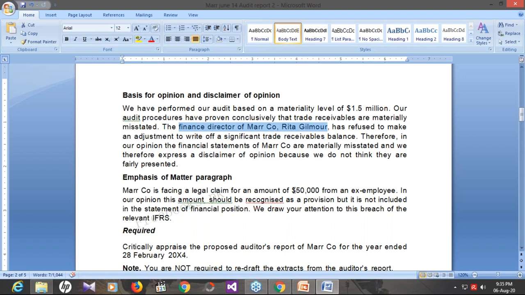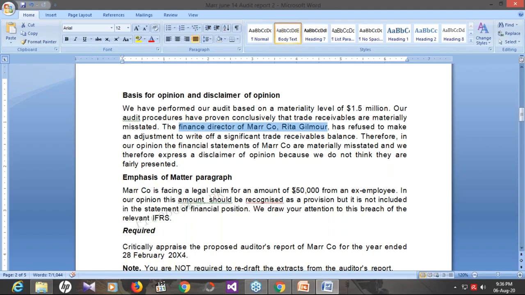But the important thing is that the 50,000 is not material. This is a misstatement, but it is an immaterial misstatement. So the opinion is correct to not modify the opinion, but they have taken the wrong course of action, and they don't need to identify this in an emphasis of matter paragraph. They can only keep it in uncorrected misstatements as it is immaterial.